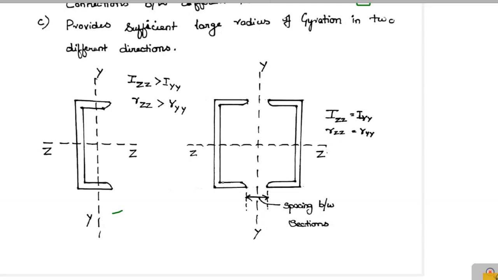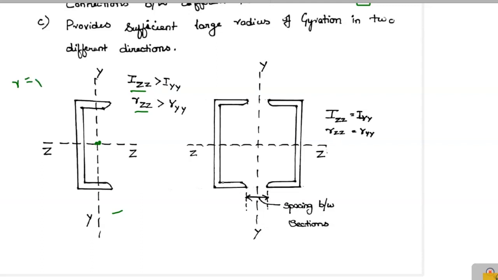Z axis is the horizontal, Y is the vertical axis, and this is the centroid. So now this IZZ is going to be higher than IYY, isn't it right? Moment of area about Z axis is going to be higher compared to axis YY. And similarly, the radius of gyration is also going to be greater about ZZ compared to YY, because you know